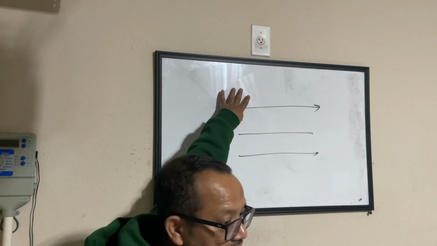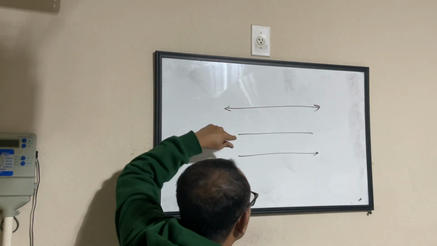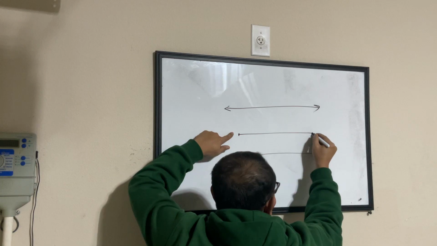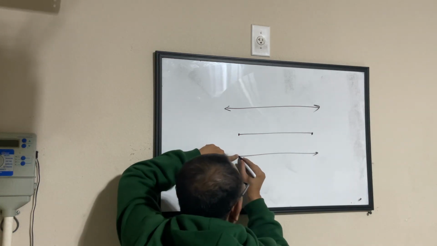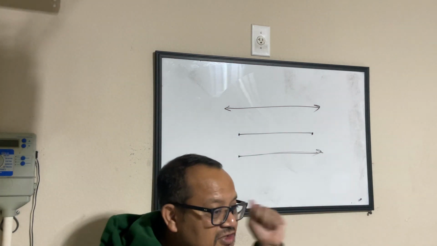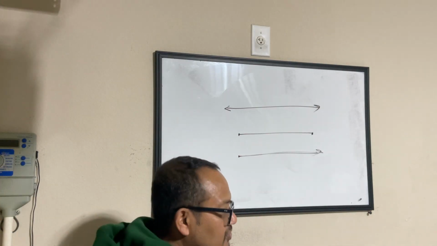This is a line, which has no starting or ending point, just a direction. Then you have a line segment, which has a starting point and ending point. And then the third one is a ray, where it starts from one place and has a direction. Something like a torch, from where you turn it on, your light goes from, let's say,